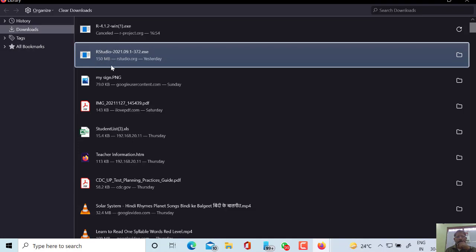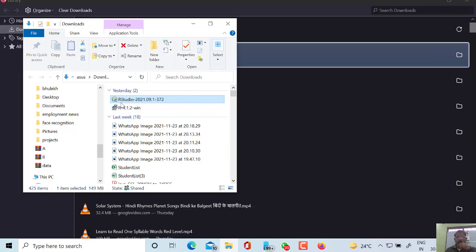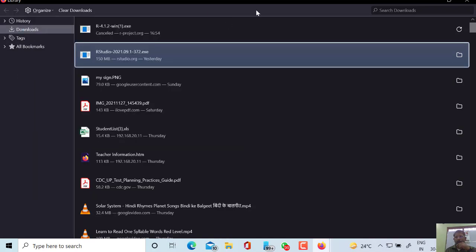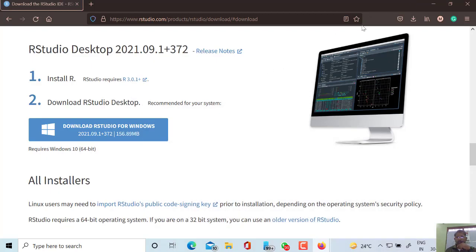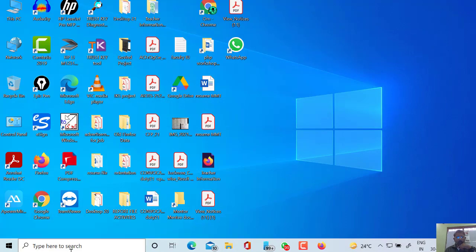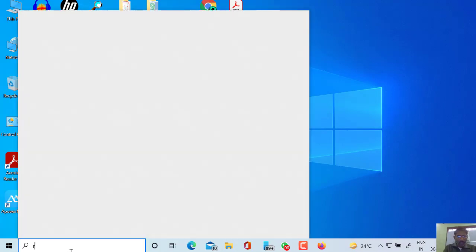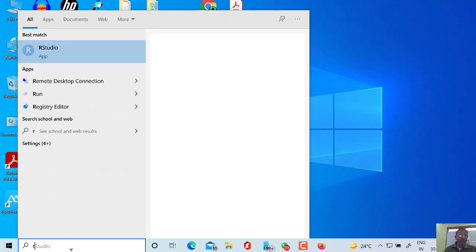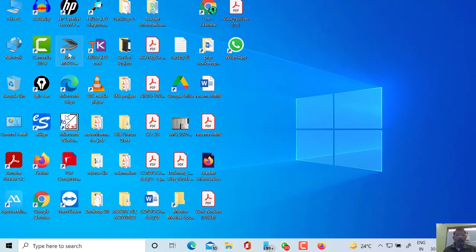I have already installed it, and after installing R Studio you will get a window like this. R Studio is opening now.